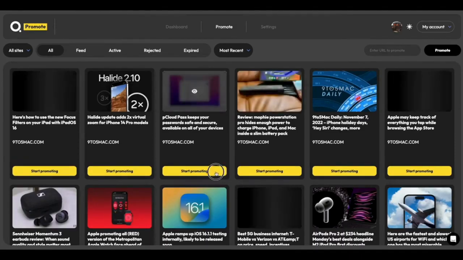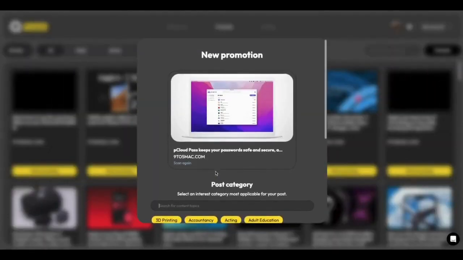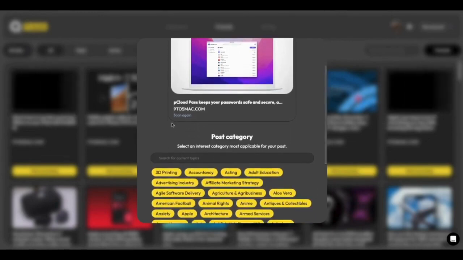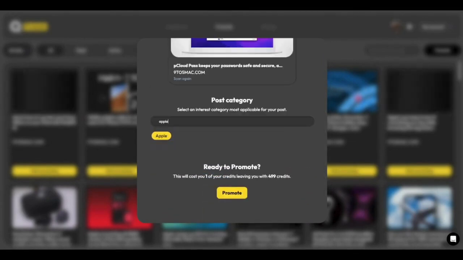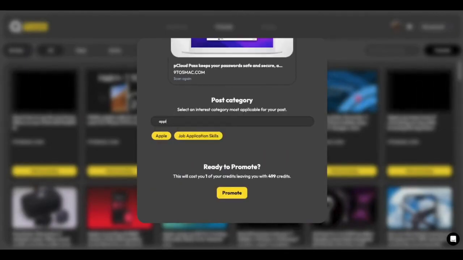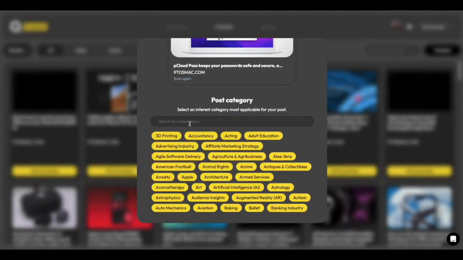So let's start by clicking this one here. And when we click start promoting, we've got a brand new promotion wizard here. So it's very, very simple and very, very easy to follow. By default, the post category section is highlighted here, and all you have to do is just start typing. So in this instance, I'm going to type Apple. Now, when you are typing for a category, we've got some great power user features in as well. So you can either click the first item here to select it, or what you can do is